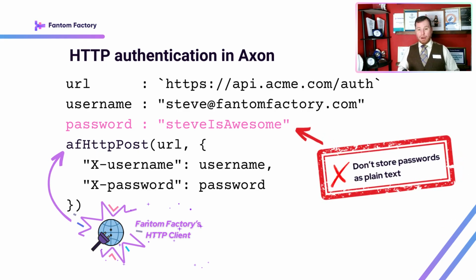This is a no-no because this means anyone with access to the Axon function, or anyone who can read the Folio database, usually has access to our password. Now, how can we avoid this? Well, we could encrypt the entire Axon function using Axon Encryptor. This would work. This would obfuscate and encrypt the Axon function, therefore rendering the password unreadable. But if the password were to expire, or if it were to change or anything like that, we would then need to re-encrypt our Axon function. So this isn't such a convenient solution after all.